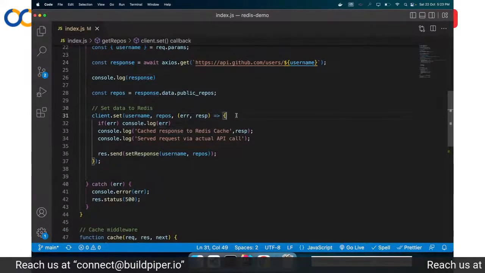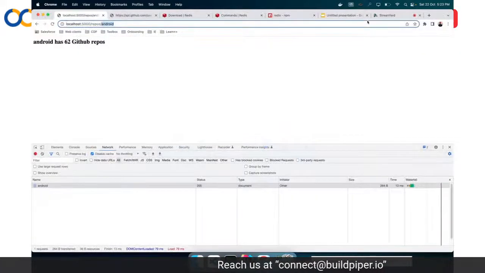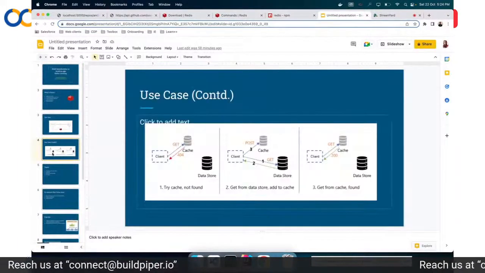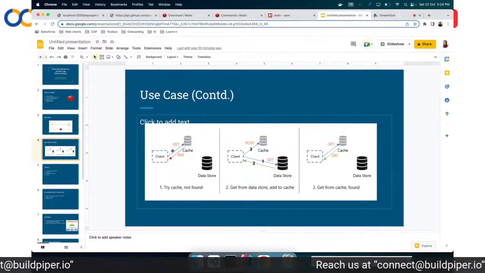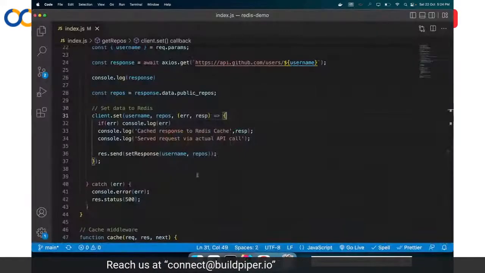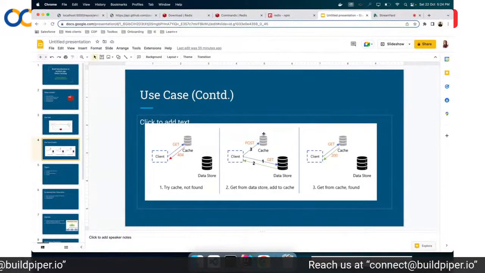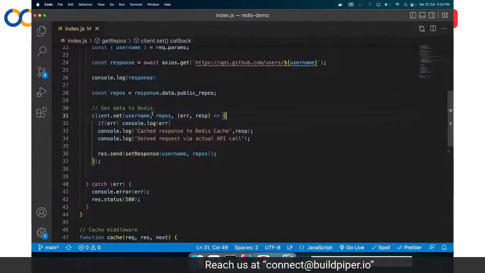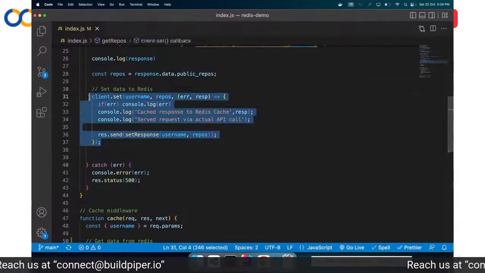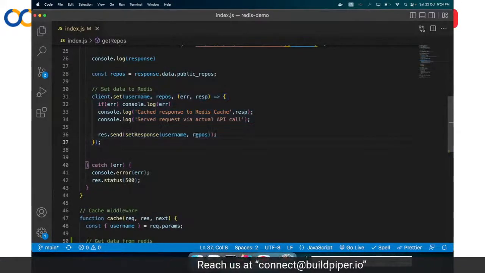And the response that we get, we will first set it in Redis. If you remember that extended version of the example that I gave, I'll just show the presentation again. Yeah, here. So we'll first set the data in cache because it is an API call that we are doing. We'll first set it in cache and then we'll return the response. So if you see, I'm doing this in an async manner. I won't wait for the data to be set in Redis. I'll return the response.